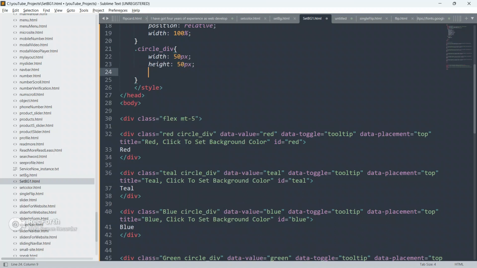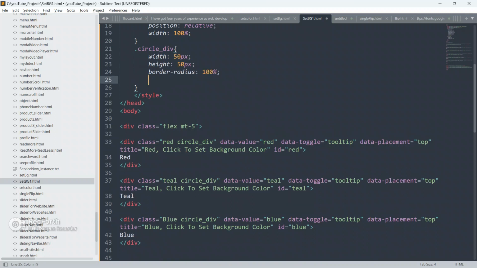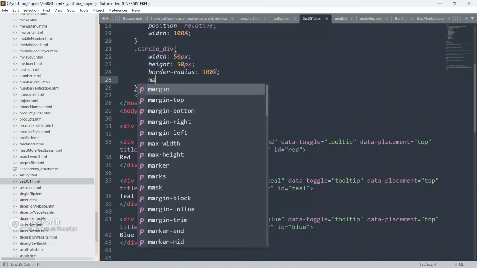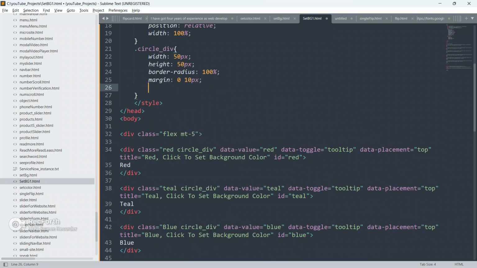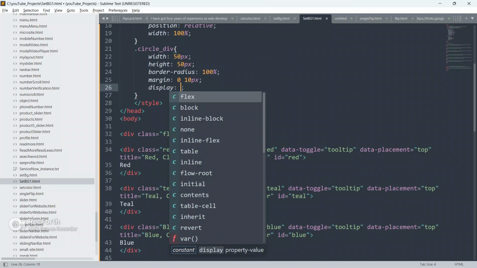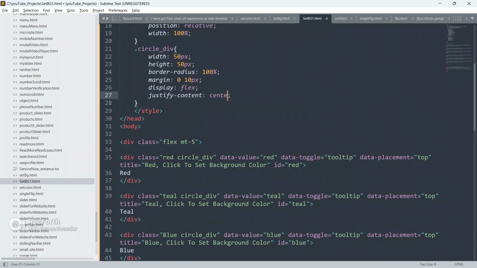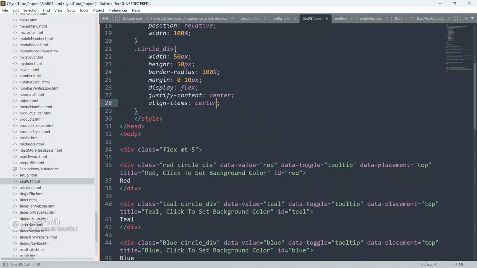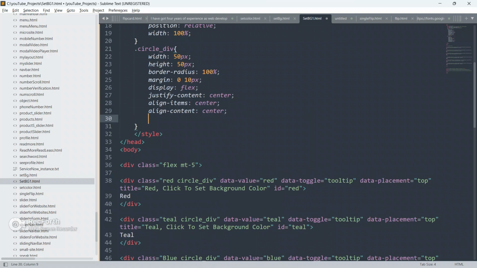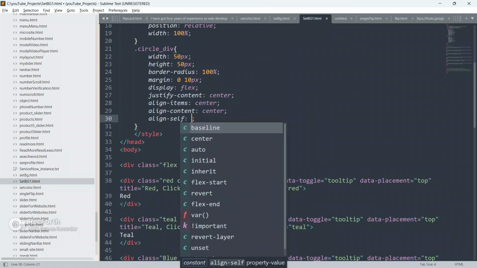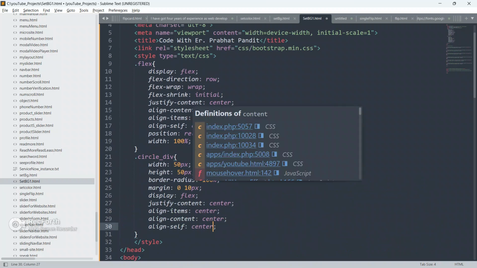I'm going to give here 50px, give height also 50px, give border radius as 100%, give margin 0 and 10px, give display as flex, give justify content as center, give align item as center, give align content as center also, and give align self also center guys.